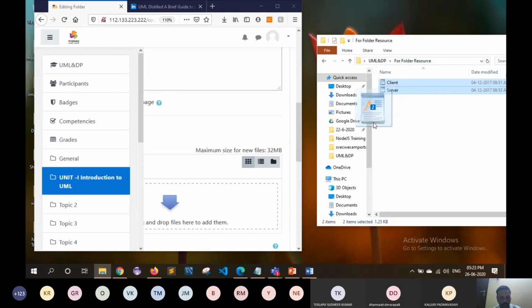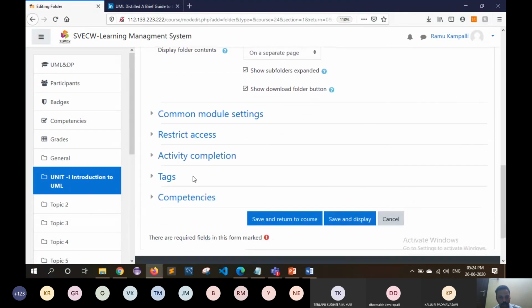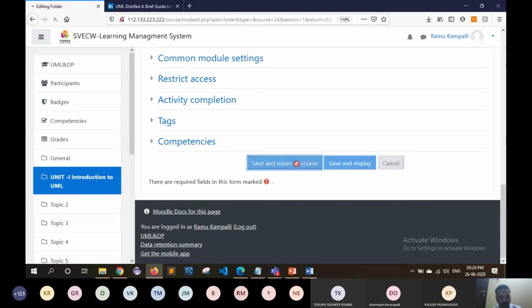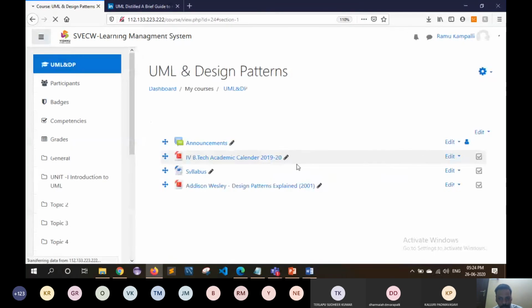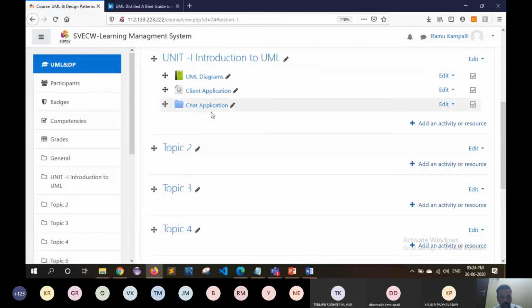I am directly selecting two files and dragging them over here. Then all the files will be uploaded at a time into the chart application, which is a folder itself. Click on save and return to the course. Then that entire folder will be added as a resource into this section itself.